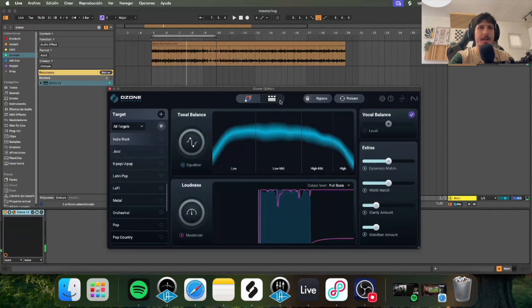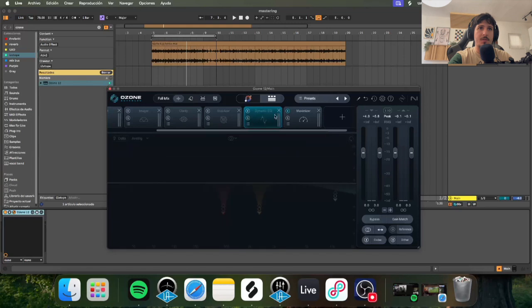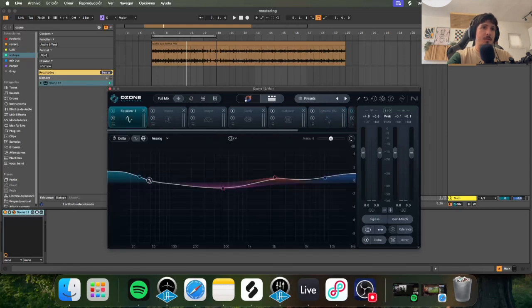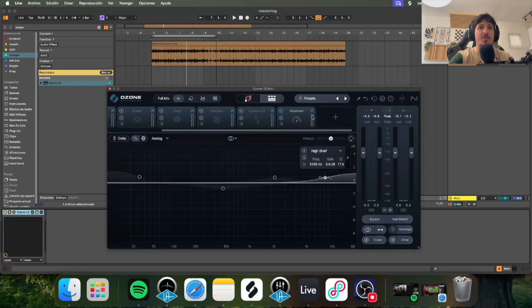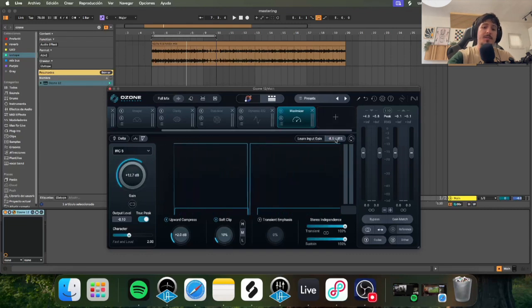Okay, at this point I like to go here, that is the window that allows you to control each single module, so let's go in depth to this. I like to also disable the EQ points just to start from zero, fresh. And here on the master, I do like to put the final output volume, that will be -9